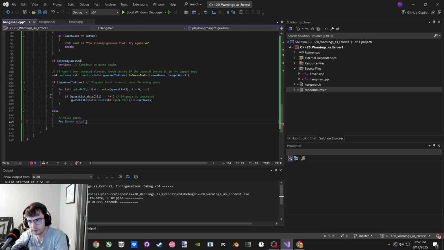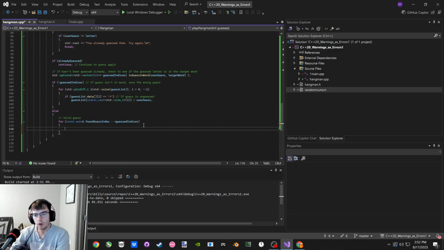Const auto reference. What are we replacing? Found guess index. And this is dereference guess indexes, or indices. For each, and we say